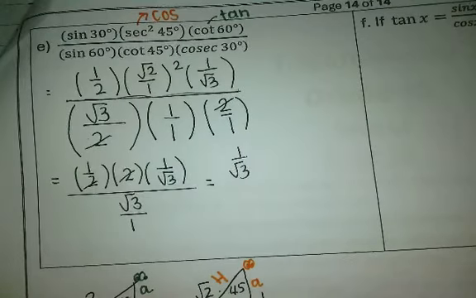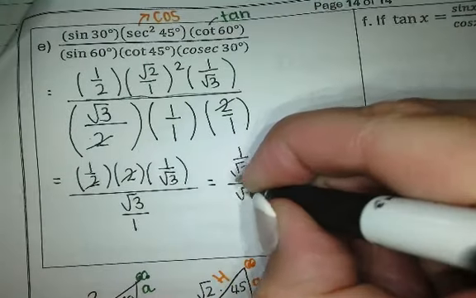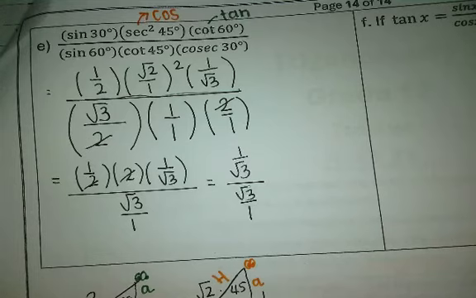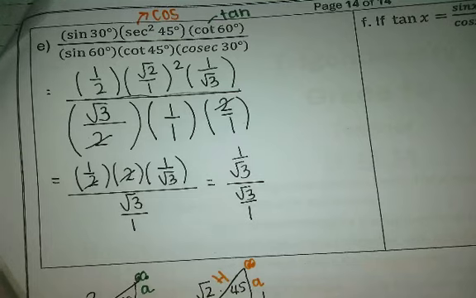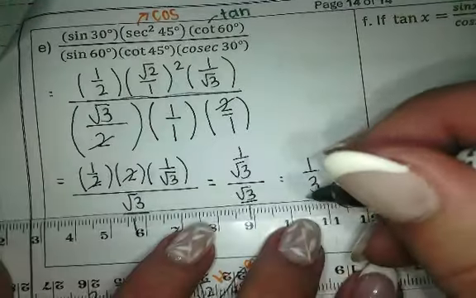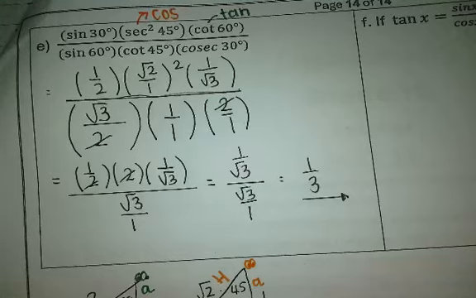We've got 1 over square root 3 divided by square root 3 over 1. Okay, then you can put it into your calculator from there, and your answer is 1 over 3. Ma'am, when the number in the numerator